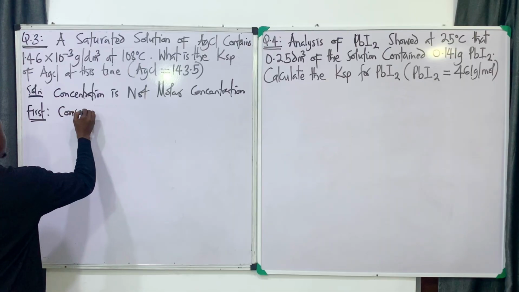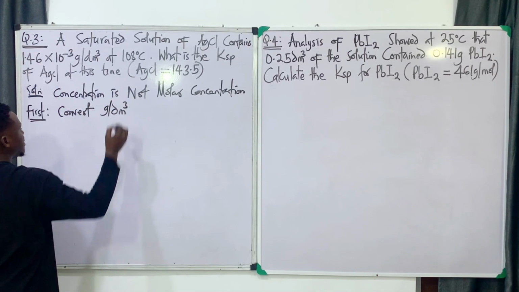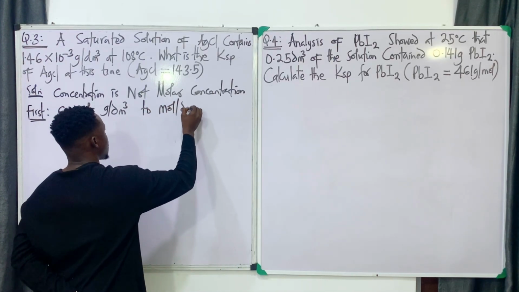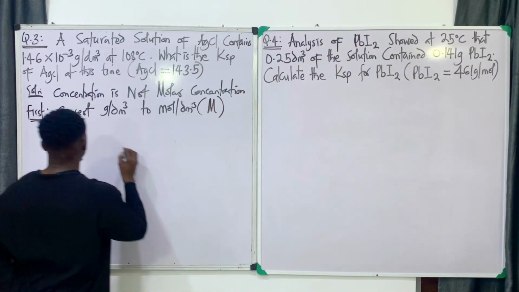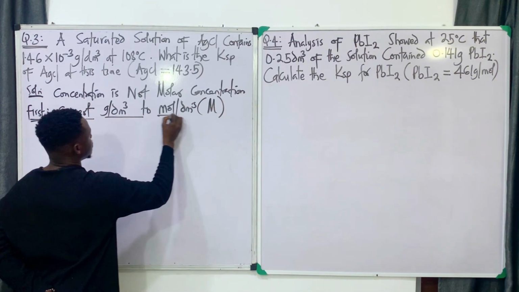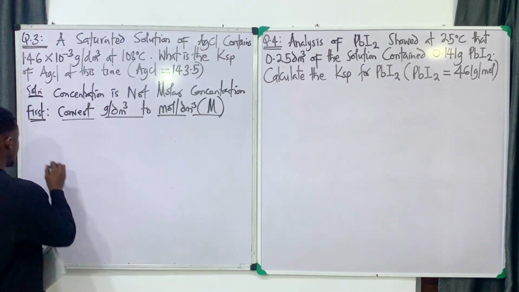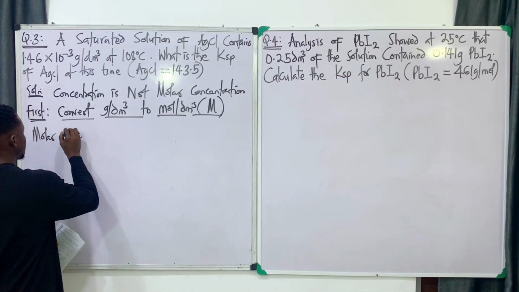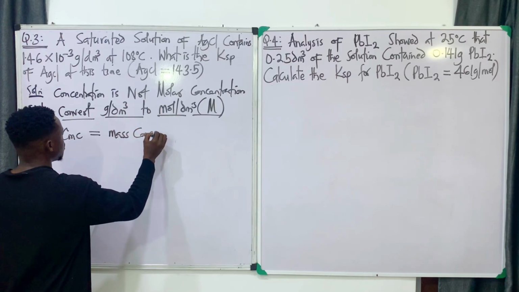So first thing first, I'll say first, convert grams per dm cube, that's molar. That's the first thing you're going to do. And what is the relationship? Molar concentration is equal to mass concentration